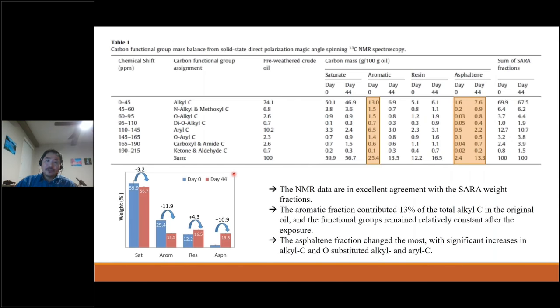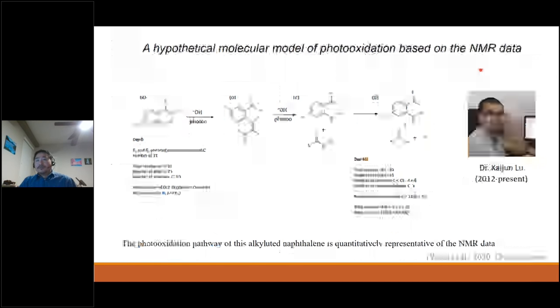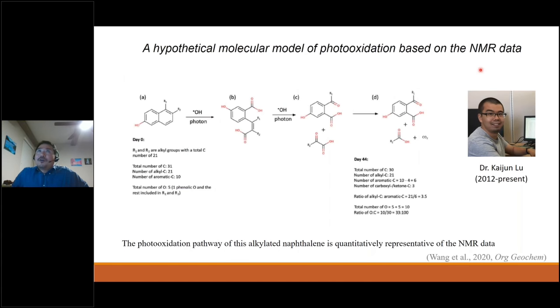I think this figure, which is still based on the NMR data, breaks them down into different functional groups: alkyl carbon, N-alkyl, or methoxy carbon, etc. We are able to quantitatively show how the different functional groups change in the different cellular fractionations after photo oxidation. I don't think I have time to go through all of this detail. But at the end of the day, we take advantage of all the data, including the thermal slicing pyrolysis and also the NMR. We come up with this